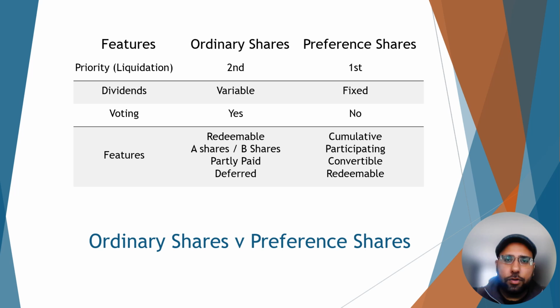Okay, we're going to go into preference shares now. As mentioned, when it comes to liquidation, we know that they will rank higher than regular ordinary shareholders. Many could see that as a benefit, but that's just how liquidation will work. When it comes to the dividends, dividends are fixed. Okay, they will provide regular income to investors. So that's one of the ways of it being such an attractive way of investing.